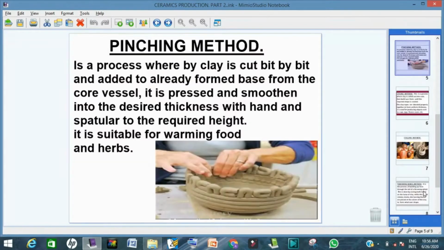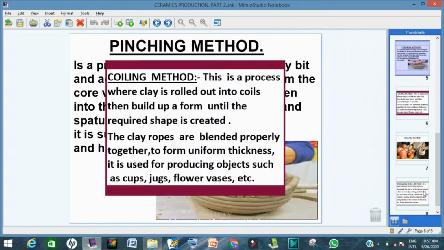The next one is the pinching method, where you collect clay bit by bit on a core and start building it up to the required thickness, size and height. When you look at the slide there, you will see a woman working with the pinching method, and this is produced for warming food and herbs. From this pinching method, which is mostly used by the local potters, we now move over to the coiling